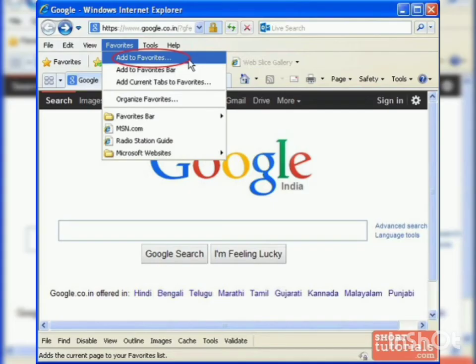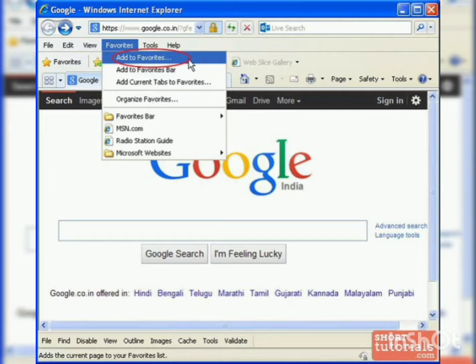How to add any URL to the favorites? Step 1. Visit the website. Step 2. Select the pull down menu. Step 3. Choose Add to Favorites. Step 4. A dialog box appears. It asks you to choose which favorite folder to add the URL to, or to create a new folder. Step 5. Select the appropriate folder and press OK. In this way, we can save the URL in the favorite.